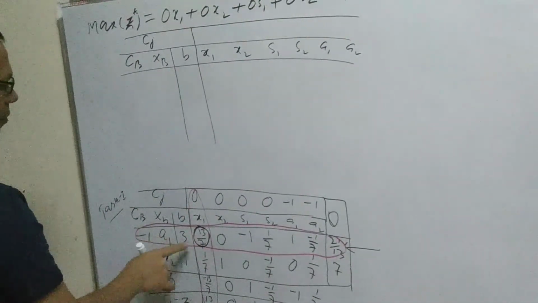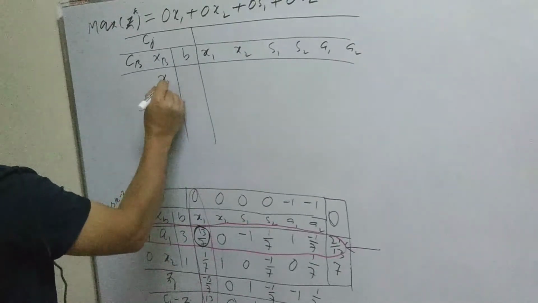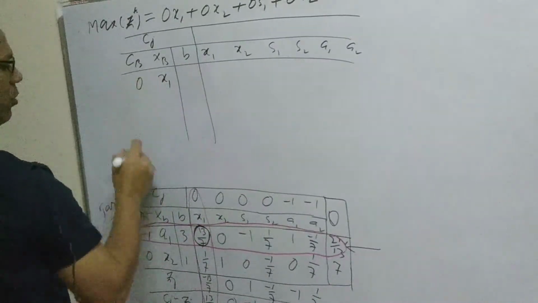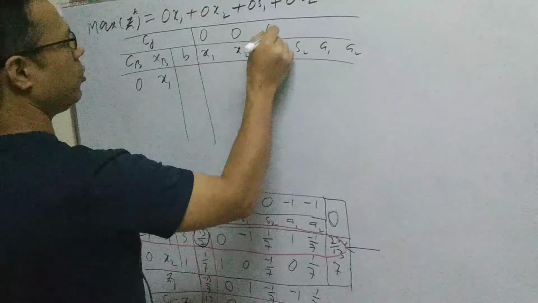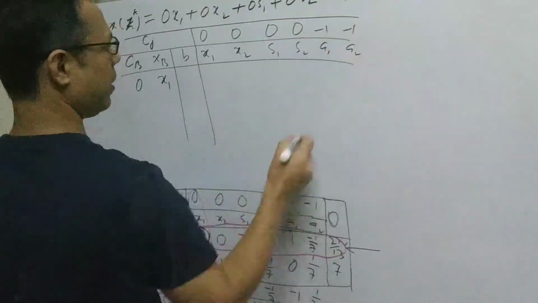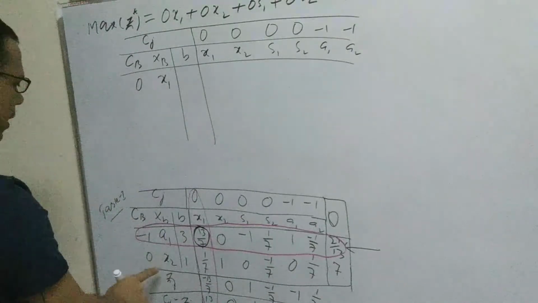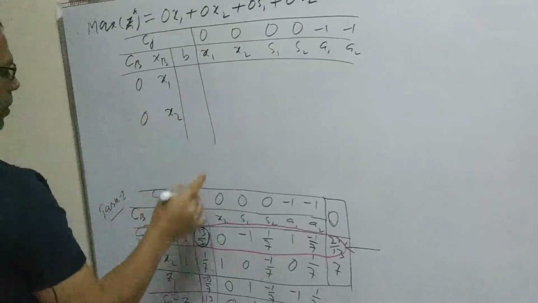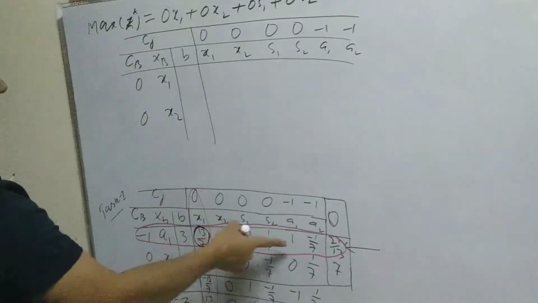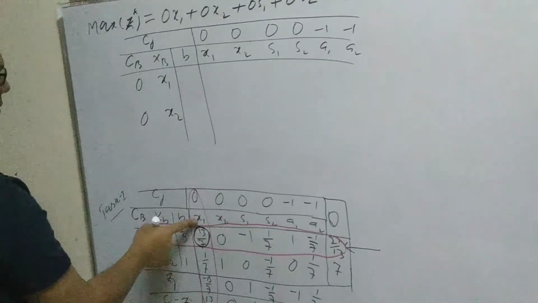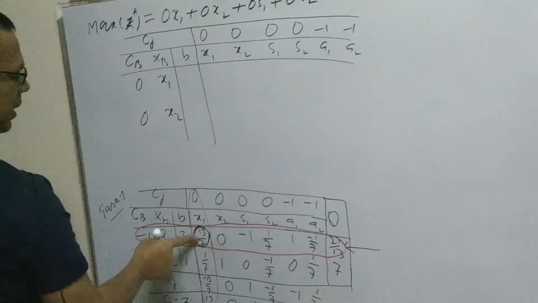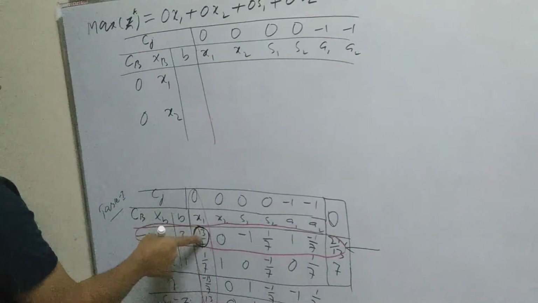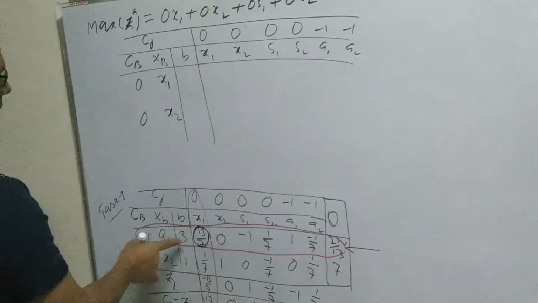So now which variable is going to enter? X1 is going to take the position of a1, and its coefficient. X1 coefficient is 0, so I am going to write here 0. First just copy 0, 0, 0, 0, minus 1, minus 1. So here 0 and x1, and this one is not going to be changed. So here we are not going to make any changes, but where we need the unit matrix, because 13 by 7, x1 has already entered into the basis, so we need to change these values into 1. So 13 by 7 we need to make to 1, so we need to divide this key element by itself and all its respective values by the key element value.